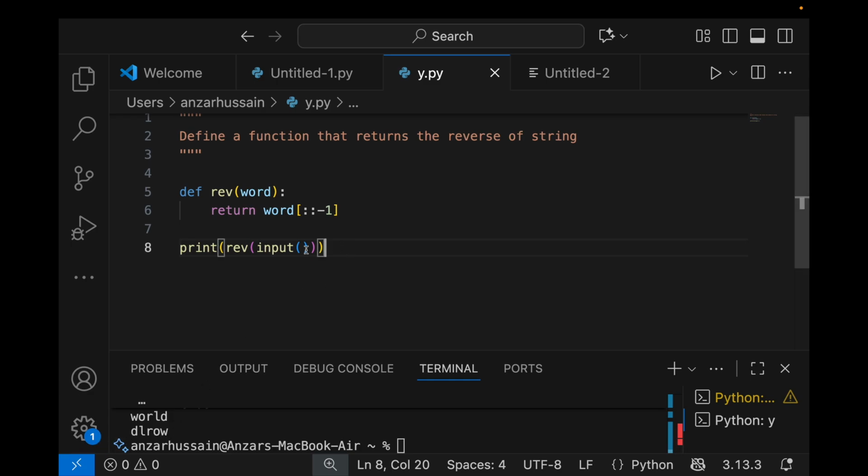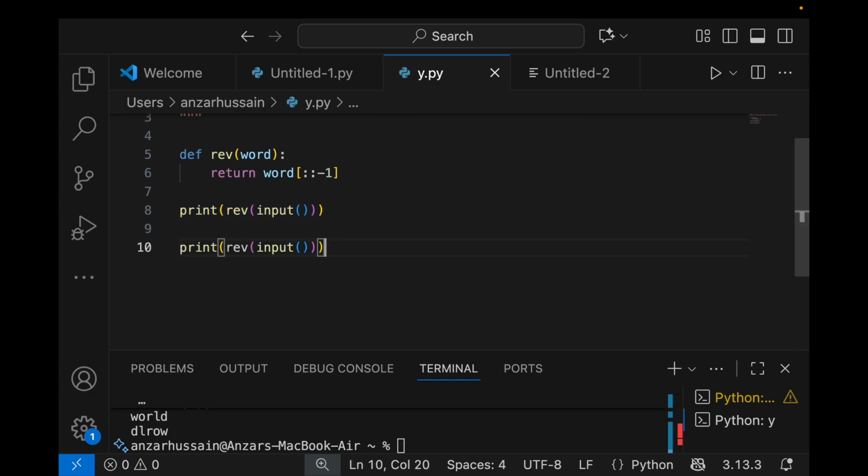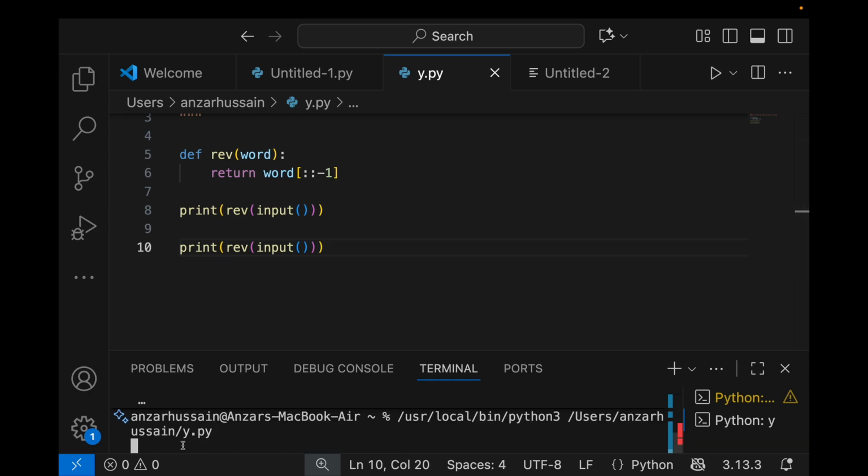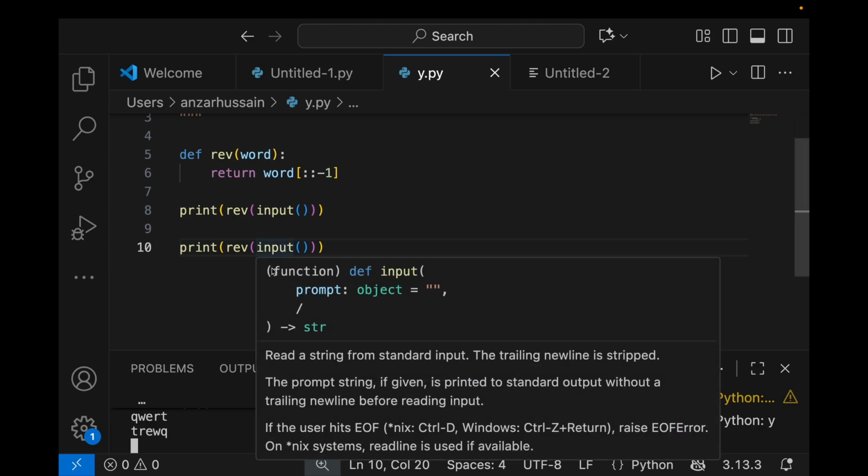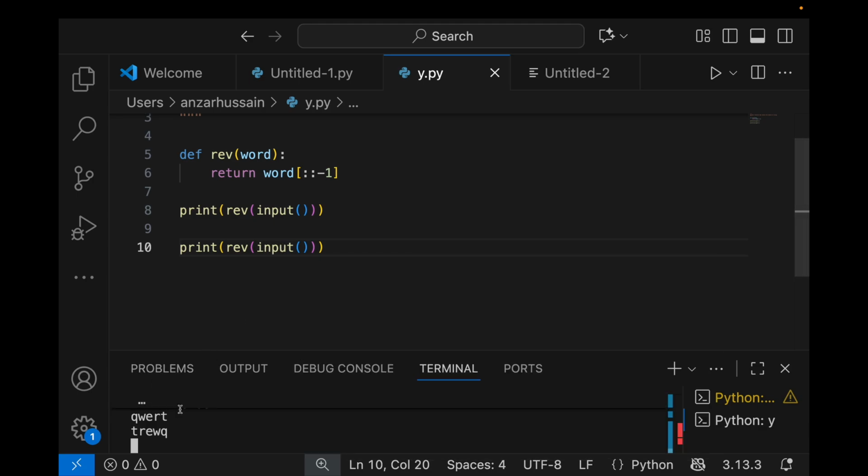Again, you just copy this single line only. You will not repeat this thing again as we did previously. So I will write this line again. Now I will run it, and let's say I'm giving QWERT. It will give the reverse of it. Again you have to give another line, because here you have the input function. So let's say I'm saying here